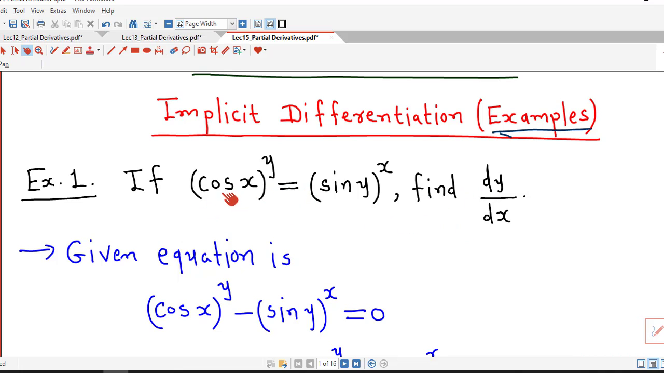So here we are given an implicit relationship between the variables x and y, and it is assumed that this relationship determines y as a function of x. So we are asked to find the ordinary derivative of y with respect to x. As we know, first we will consider this equation by taking all the non-zero terms on the left hand side. So this we can rewrite as cos x raised to y minus sin y raised to x equal to 0,